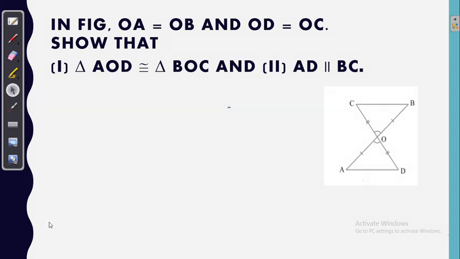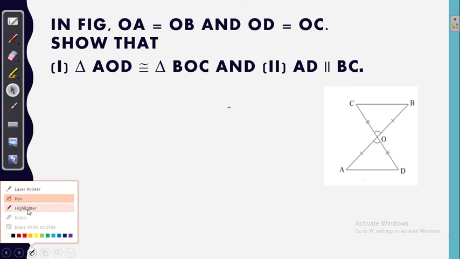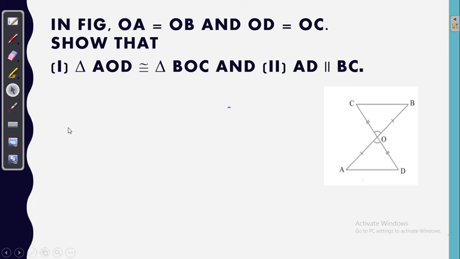What can you do to show that these two triangles are congruent? Ma'am, I have one idea. They already gave that OA equals OB and OD equals OC, no ma'am? And they already gave that two sides in a triangle are equal, ma'am. And we know the one axiom, the SAS congruence rule, ma'am. To apply that, we need an included angle, right? So here I want to show that angle AOD is equal to angle BOC. Okay, Jafnavi was telling something. What is that, Jafnavi?